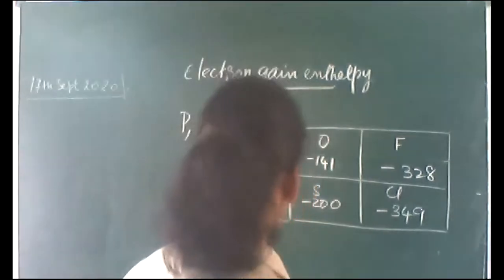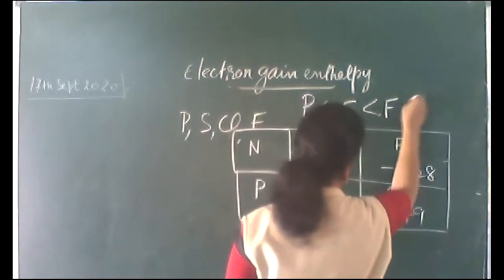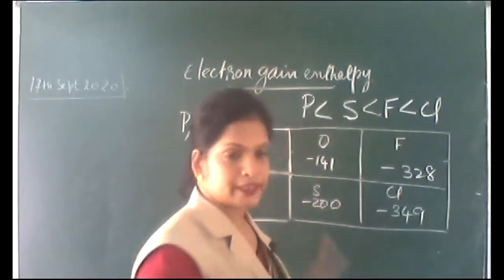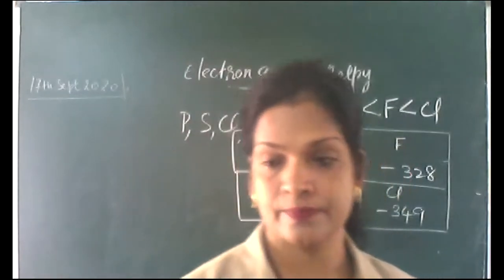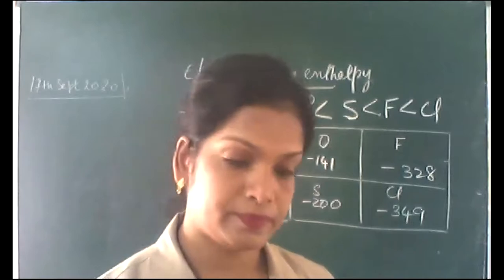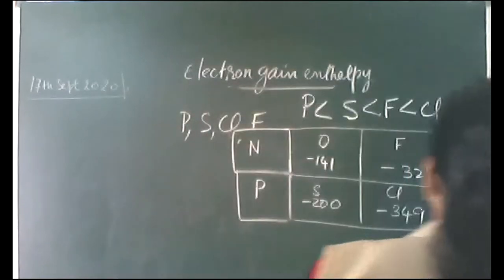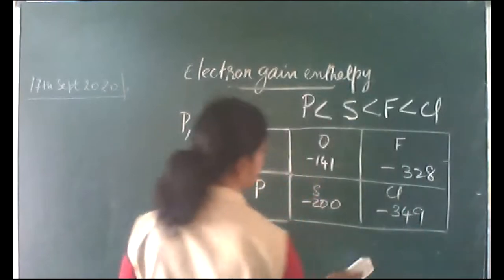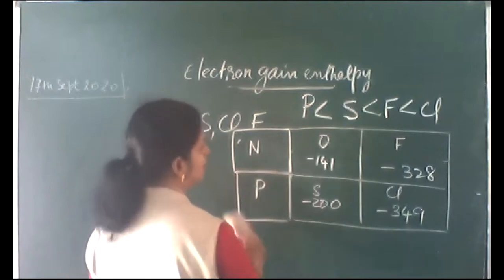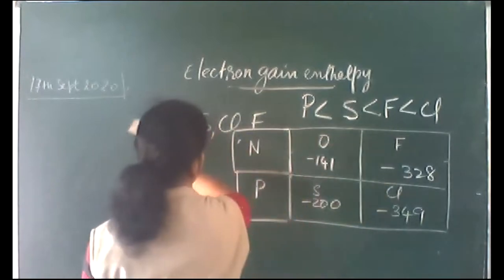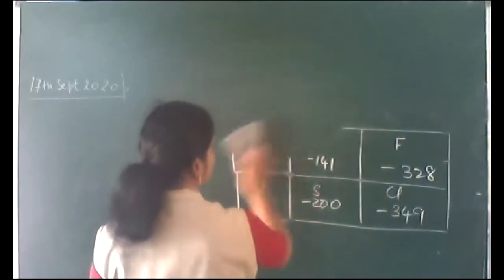So the order is, what is the order? Phosphorus, sulfur, fluorine, chlorine. So the most negative is for chlorine, this 349, and the least negative is for phosphorus. In a group, the value decreases actually. These two are exceptional cases. Next, we are going to see